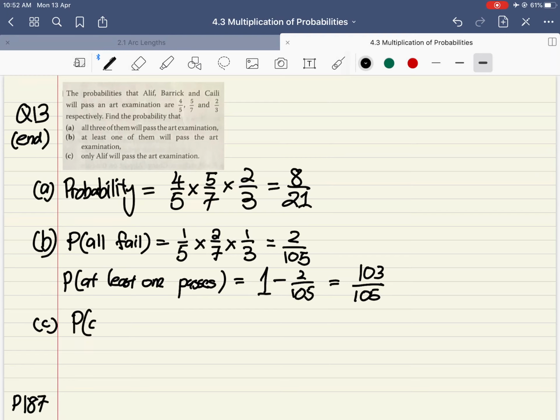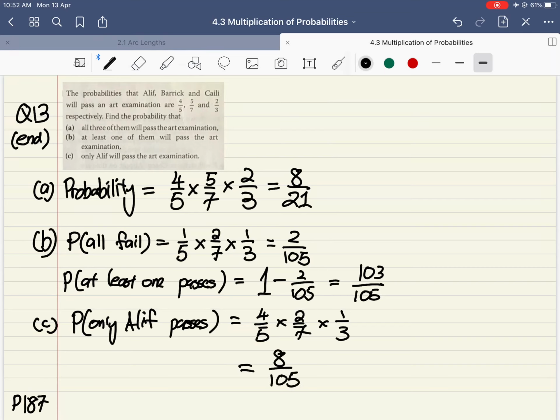Finally, only Alif will pass. So that means what I want is P only Alif passes. Alif passes is 4/5, but Barik to fail is 2/7, and Kylie to fail is 1/3. So if I do the multiplication, what I get is 8 upon 105. And that concludes the few examples I have. Please do try